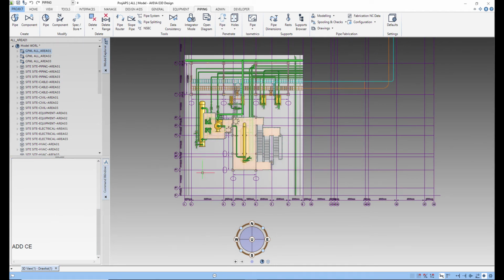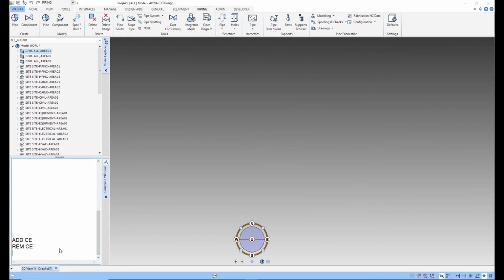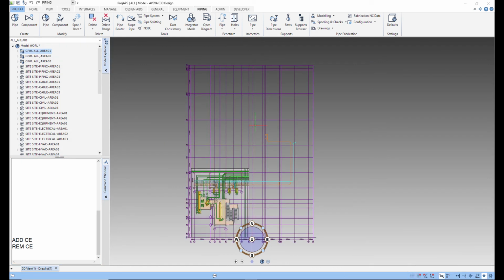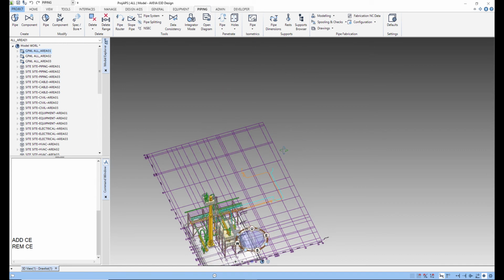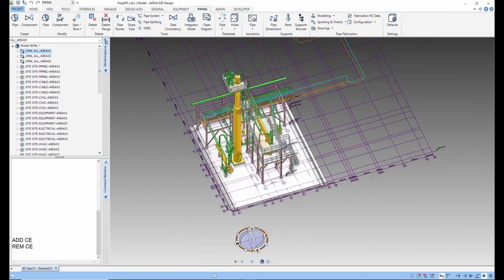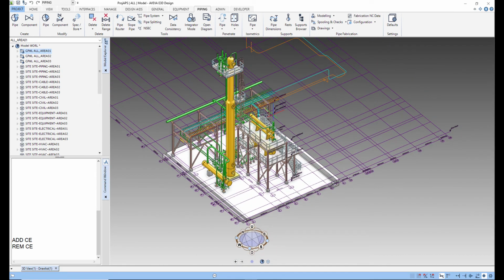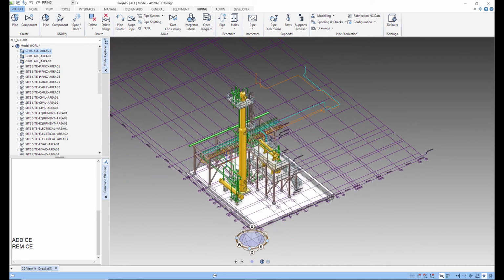Similarly, you can remove this by the command window. Instead of it, you have to write remove C. So that item will get removed. So this is how you can add your database element into your drawing canvas, and you can start working on it. This is not like adding and deleting. This is just for removing from the drawing canvas. Your items will be there in the database, so no need to worry as long as you are not using the delete command.